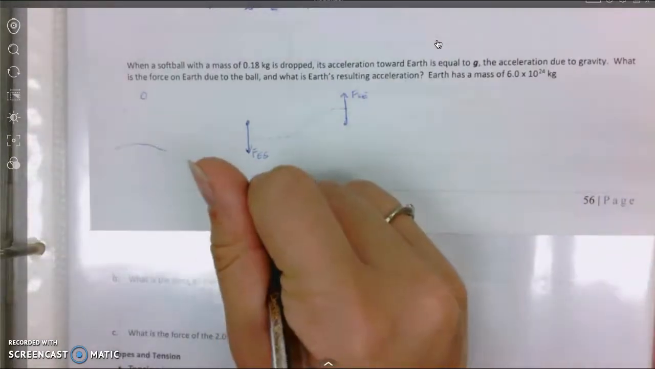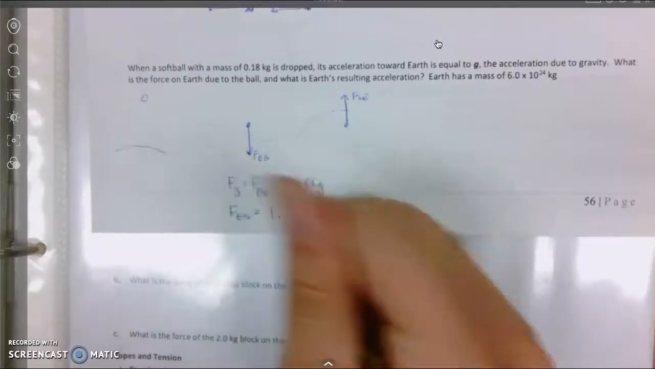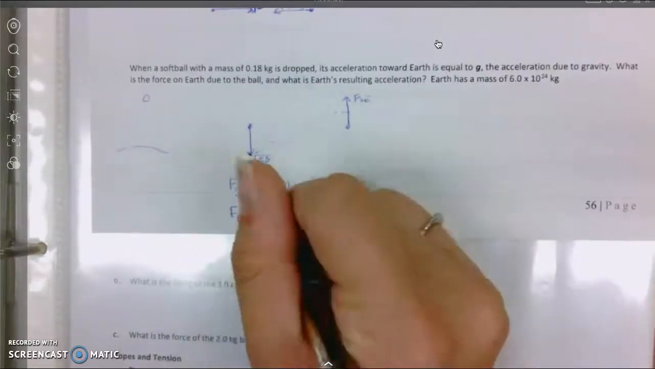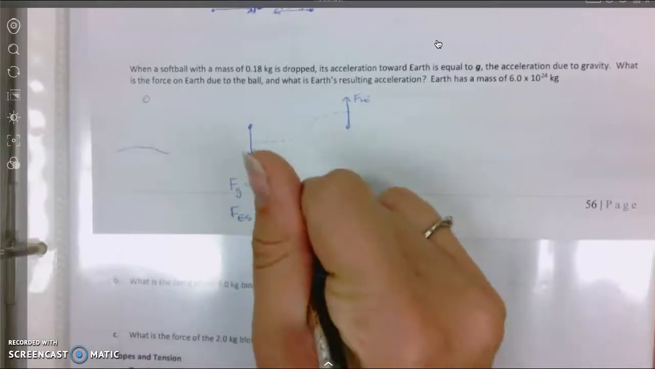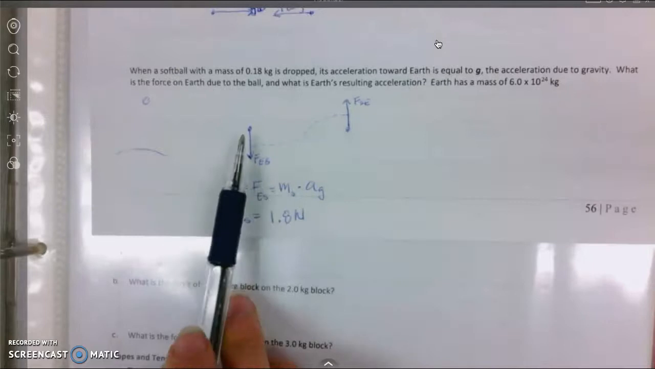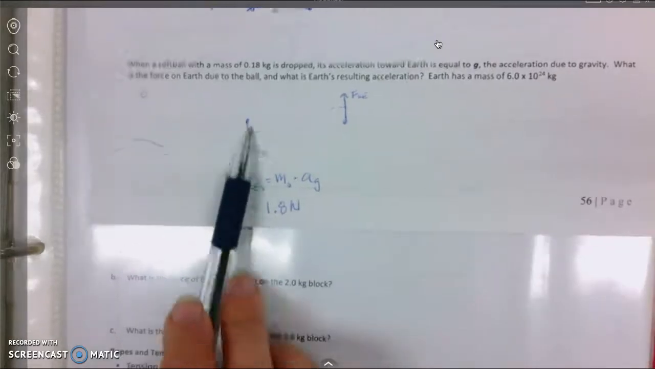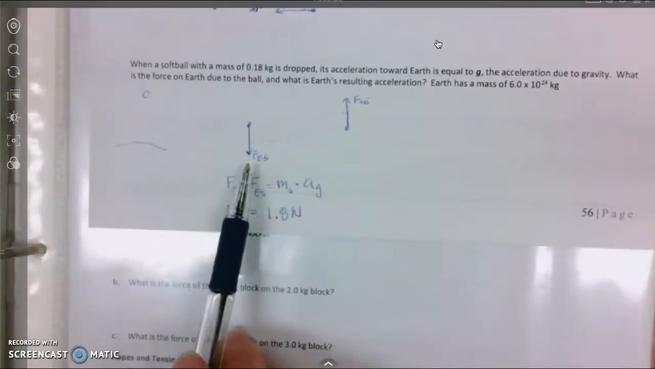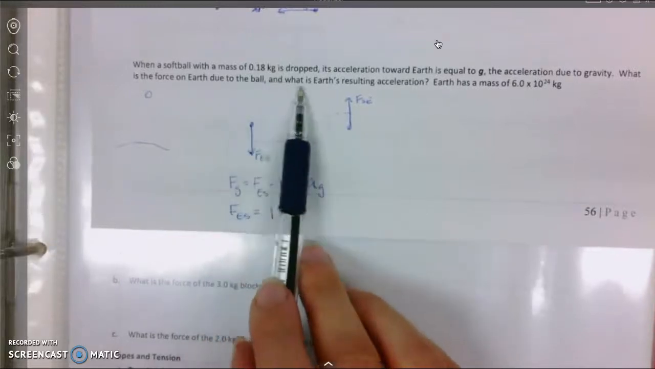And so we have 2 sig figs, so 8 newtons. That is how much force the Earth is pulling that ball down, right? And then we have, what is the Earth's